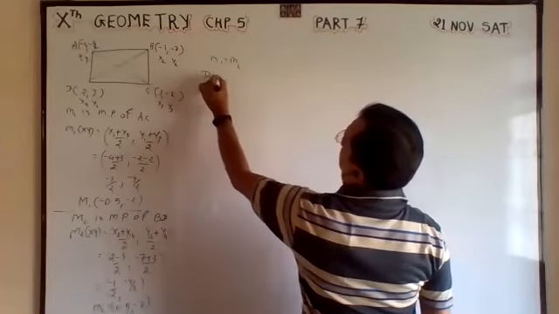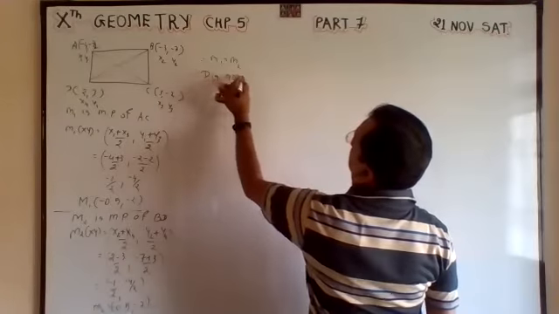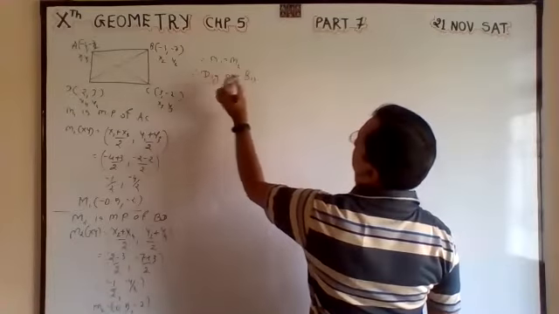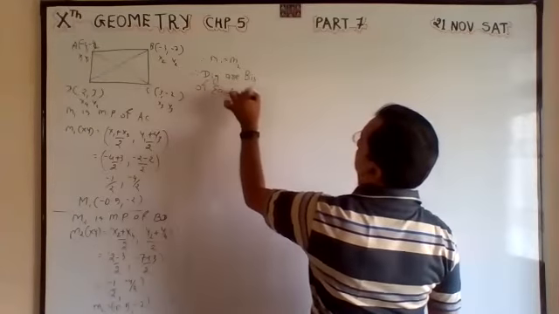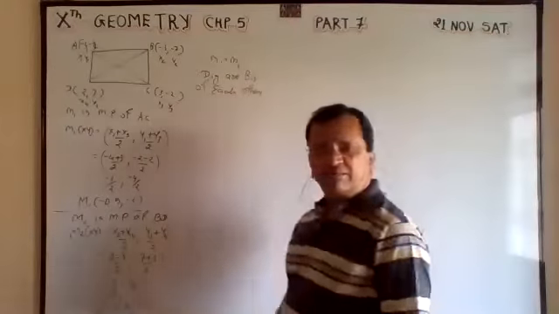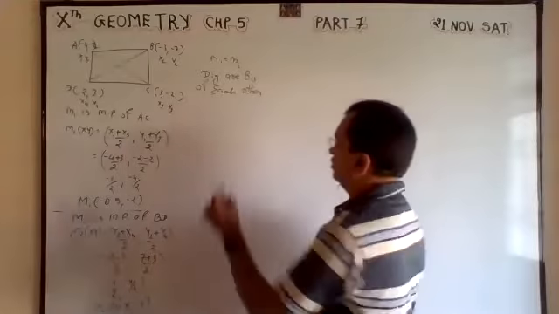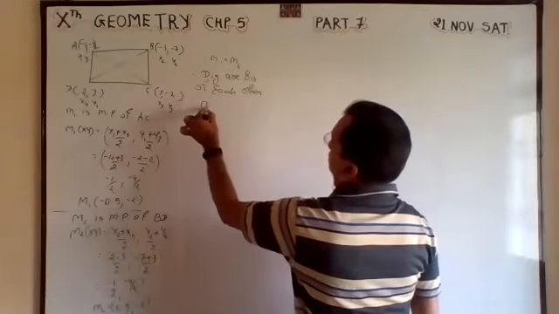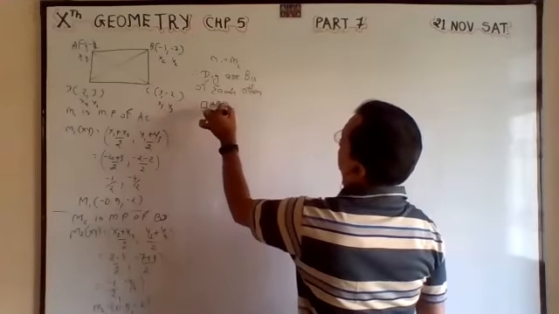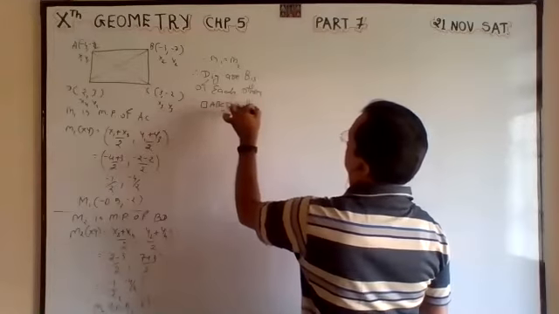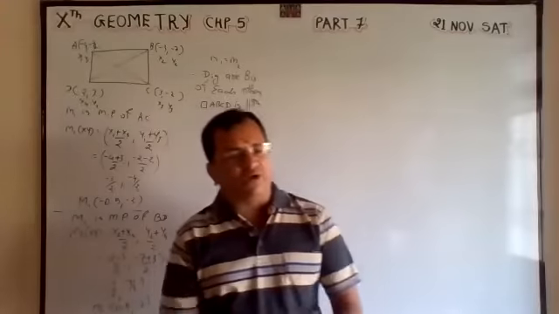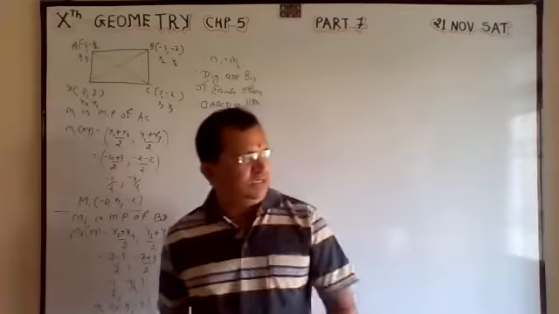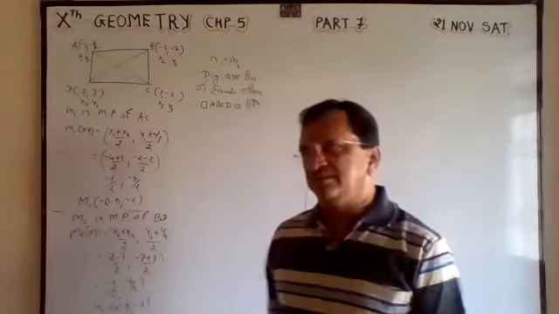Therefore, diagonals bisect each other. Therefore, quadrilateral ABCD is a parallelogram. Under parallelogram, there are three types of the quadrilateral: